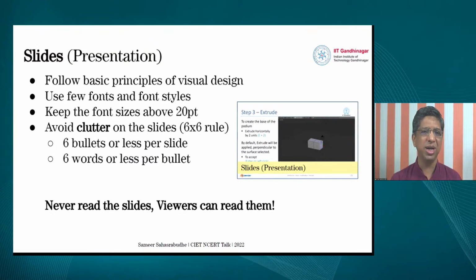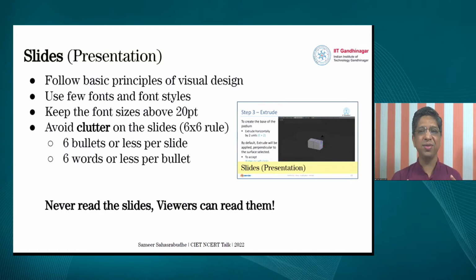I have already spoken about it and it's kind of repetitive, but one point which is new here, which I wanted all of you to just go through. Avoid clutter on the slides and follow a rule called the 6 by 6 rule. Now what is this? 6 by 6 means that you have to have 6 bullets or less in one slide. Maximum 6 bullets. You cannot have 7, 8, 10 bullets on one slide because it is too much cognitively to take up one slide which is going on and on for 20 minutes. Max 6 bullets, and in 6 bullets you can have only 6 words in a bullet.